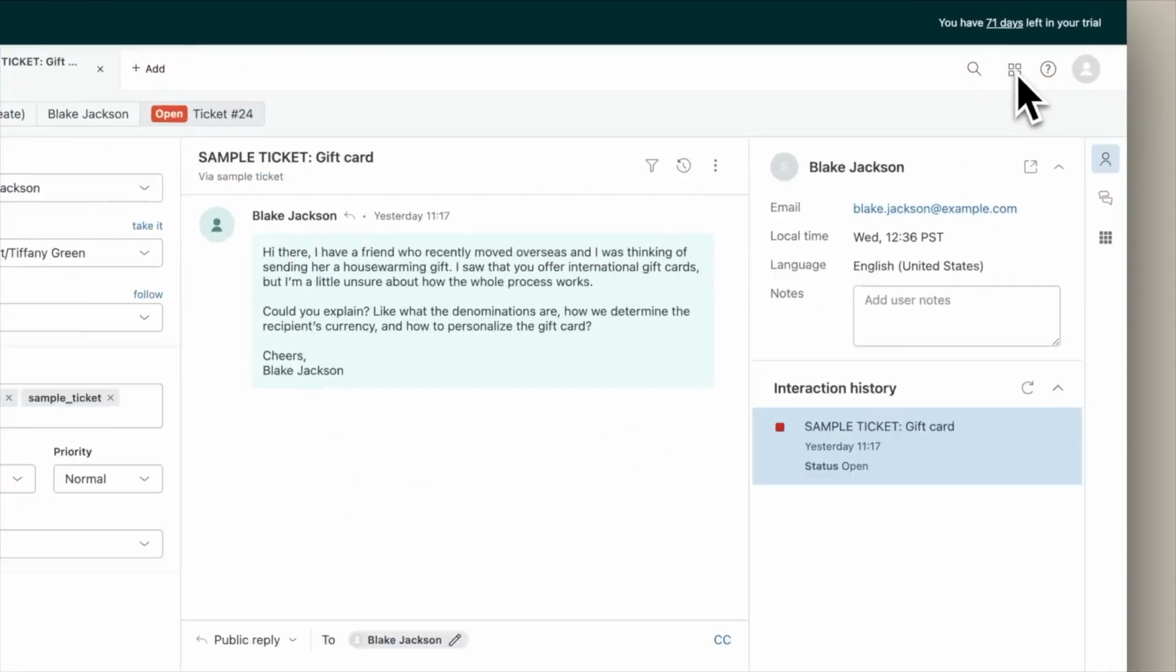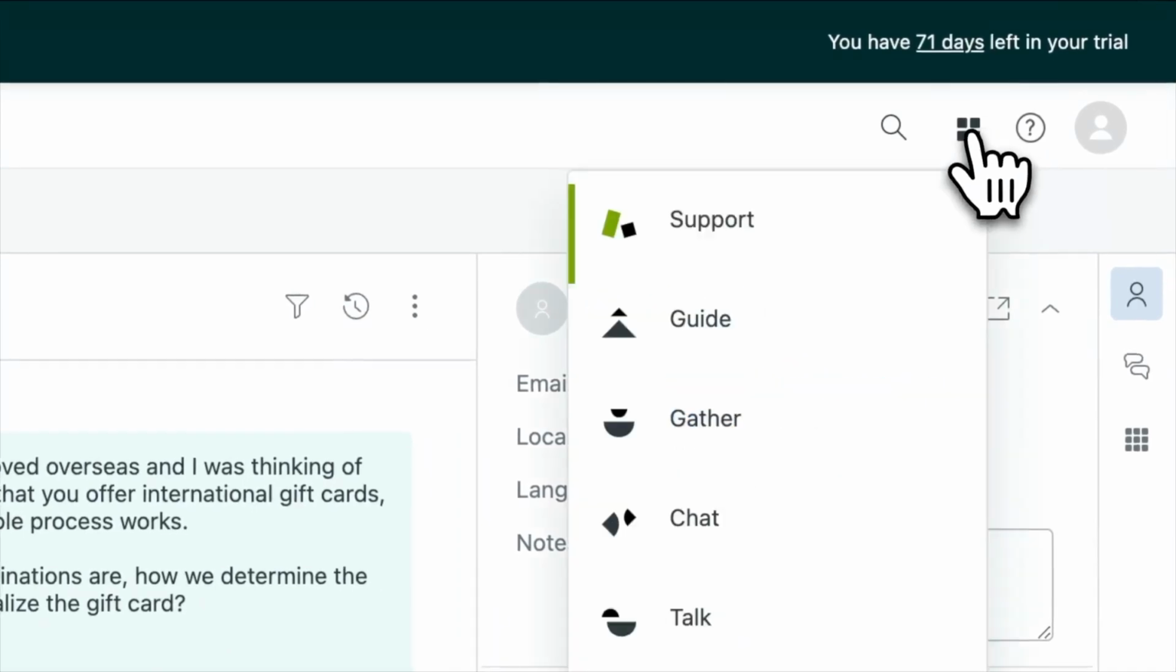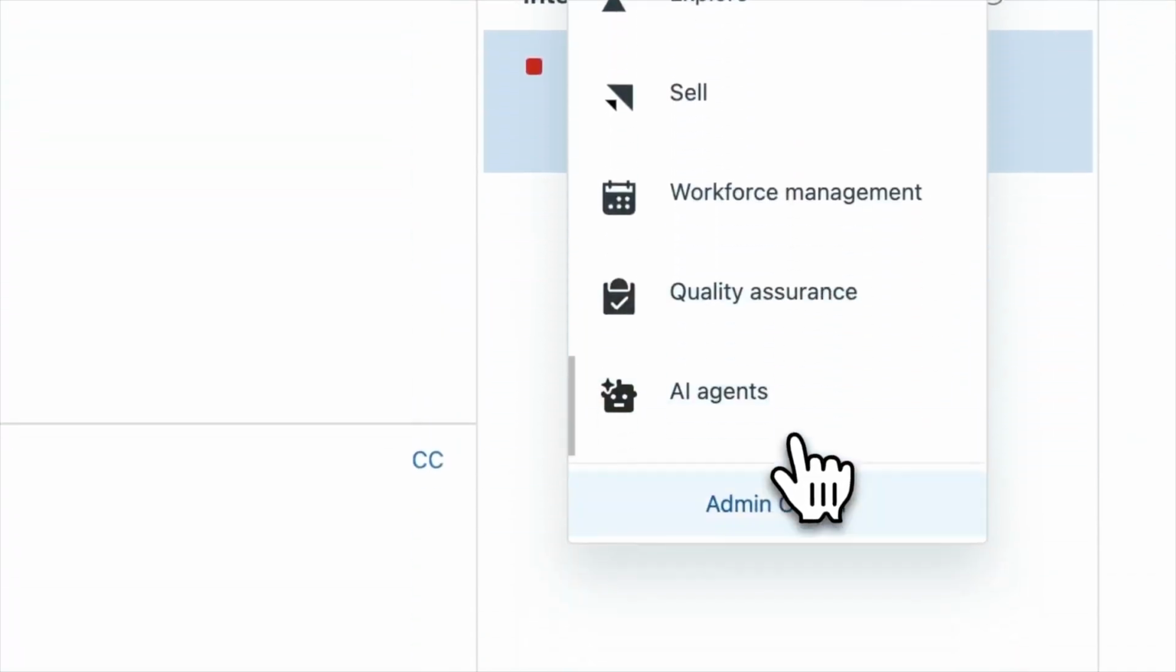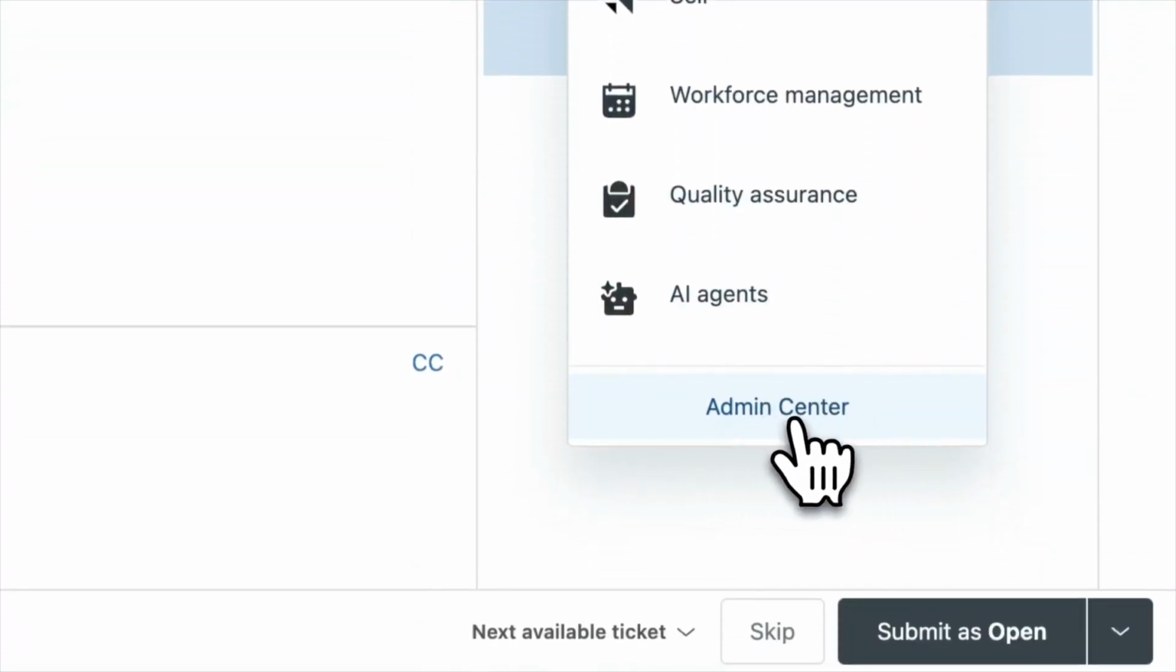If we click these 4 squares up here, we call this the product tray, we can navigate to our admin center. This is where you'll be working on all of the